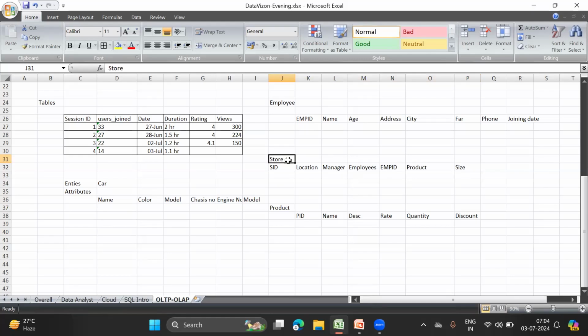Then every attribute of an entity becomes one column. So for example, if I am tracking the KSR data analyst sessions, this information is this one.